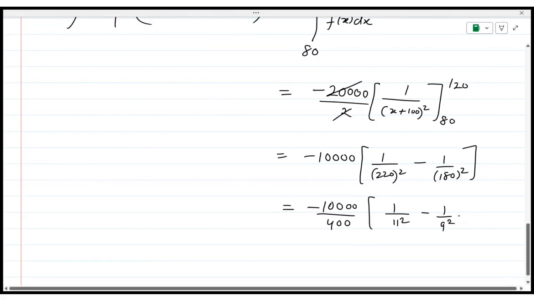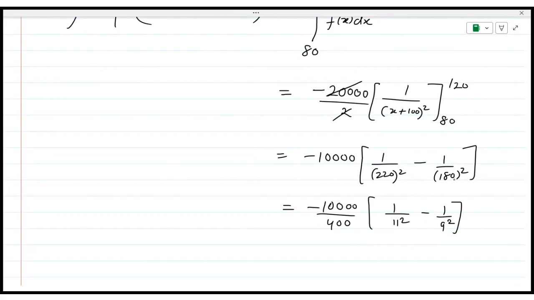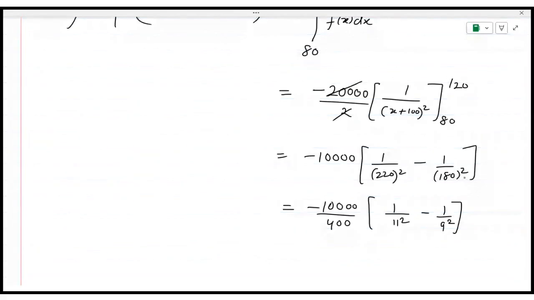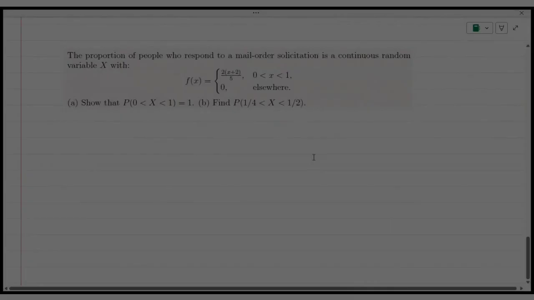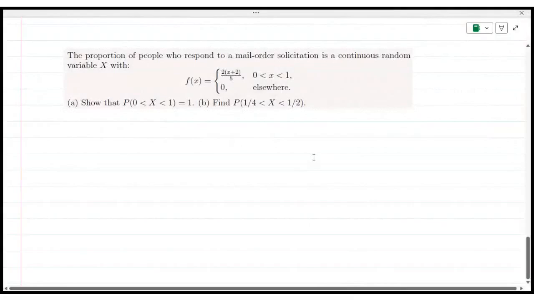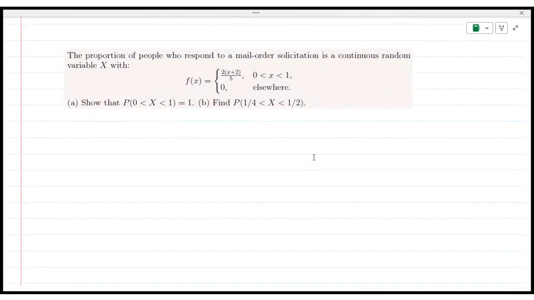Is this clear what I have done? Okay. If you open the square of this, you will get 100 and you will get 100 right here. So 100 I have taken out and 2 was also common, but you have square here, due to which 4 will come out. The proportion of people who respond to a mail order solicitation is a continuous random variable x